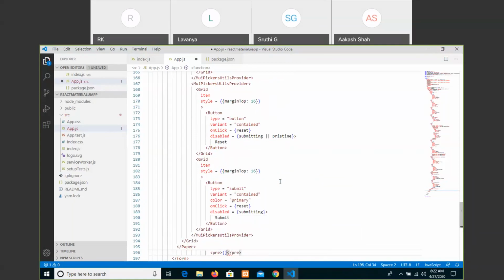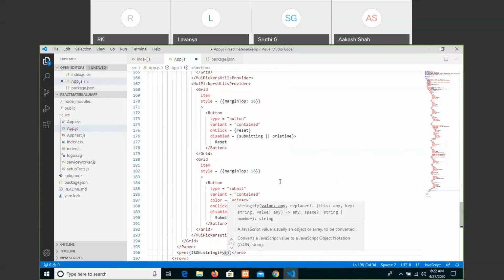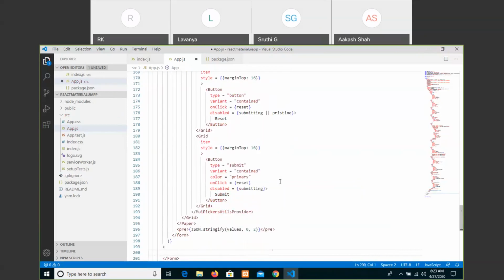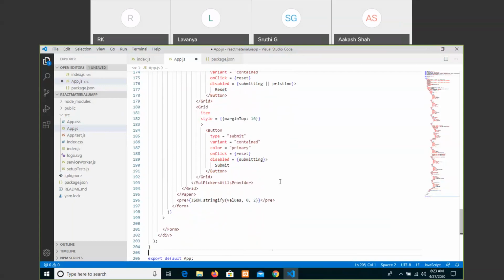And then write JSON dot stringify, in the format of string, values and replacer with that is. So the meaning of this statement is we are just printing all the values what we have done.